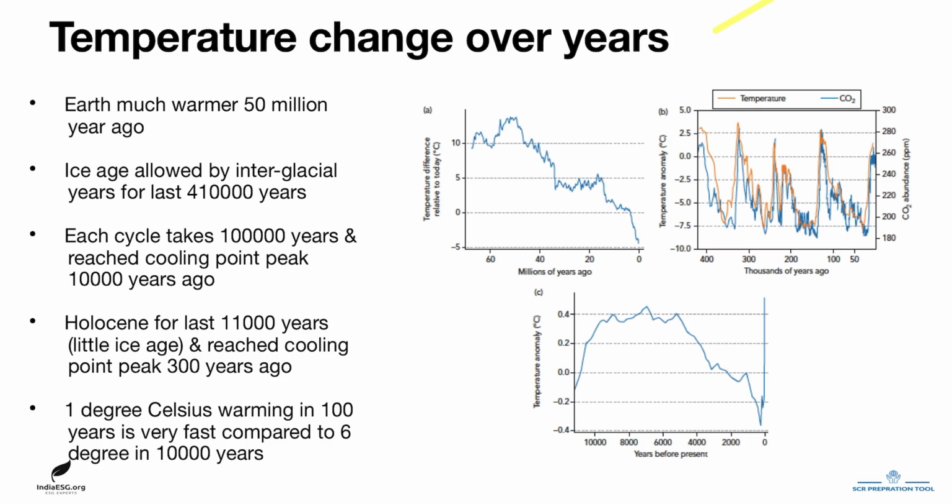Now, the figure shows that in the last 410,000 years, Earth has been cycling between cold periods, which are known as ice ages, and warmer interglacial periods. So, this is the variation which it shows. Now, this cycle approximately takes 1 lakh years